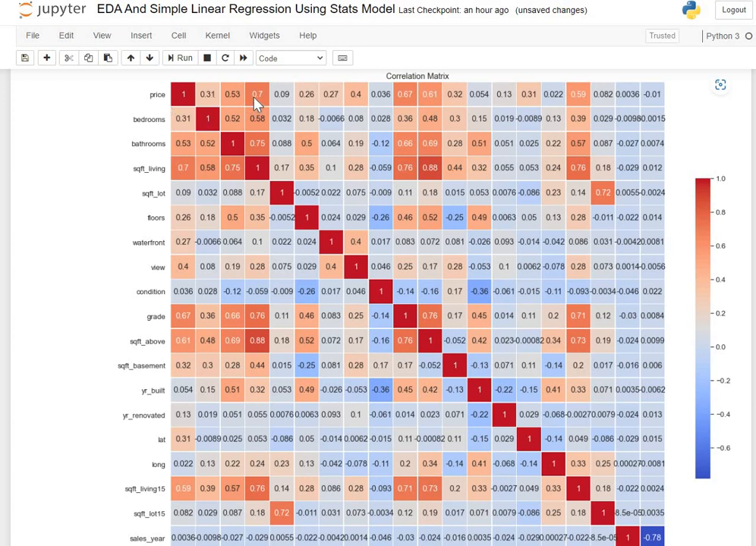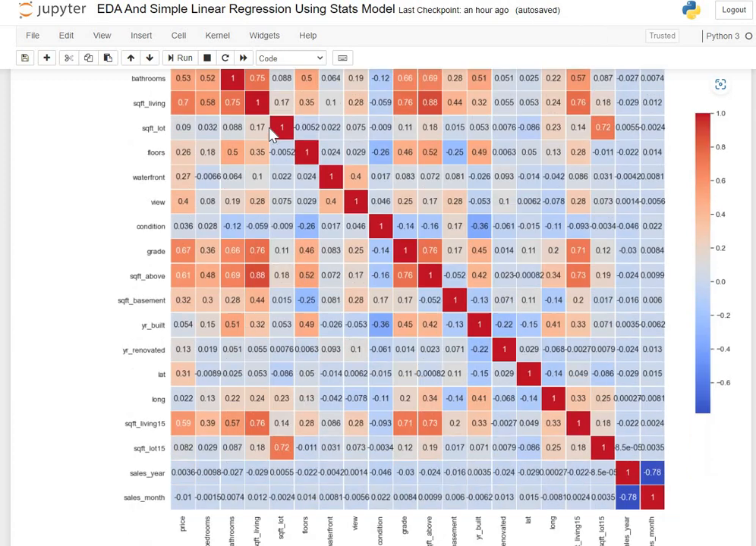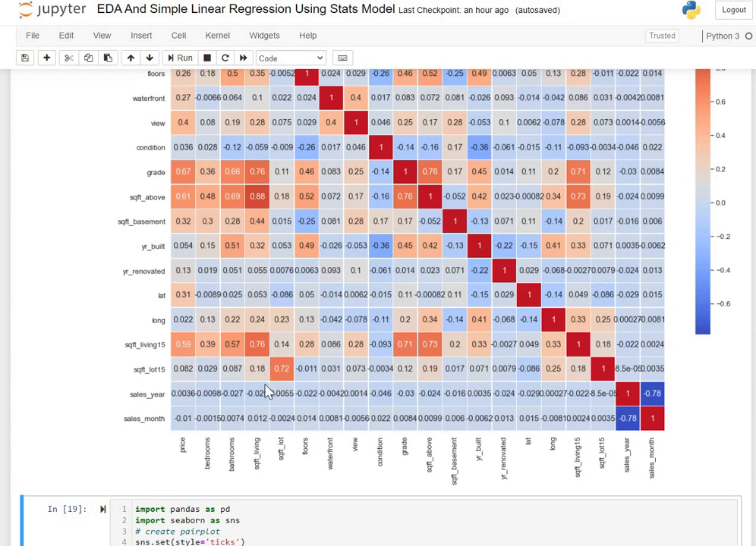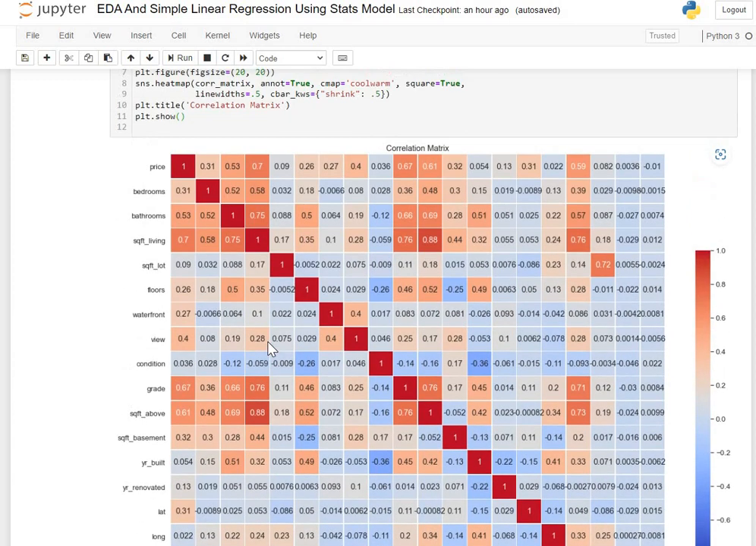As the square foot living is increasing, price is increasing. That's the basic philosophy also, right? In a house, if the square foot is more, obviously the price will be more. That's a very understandable feature. But you have to be a little bit careful when you are working on multiple features,